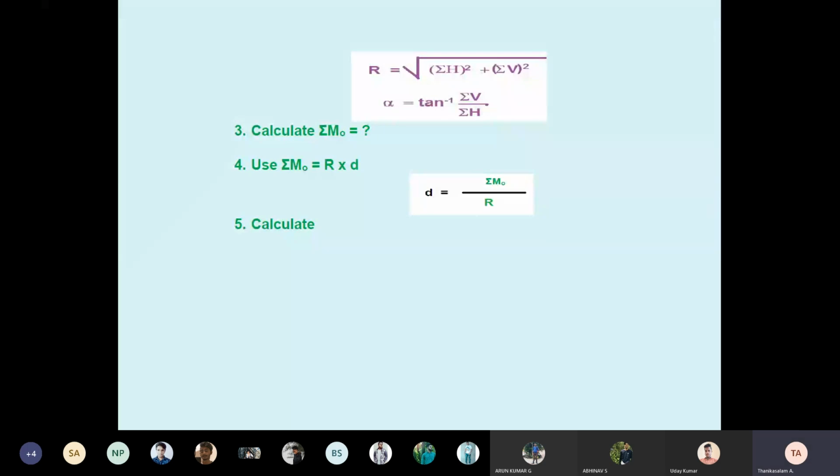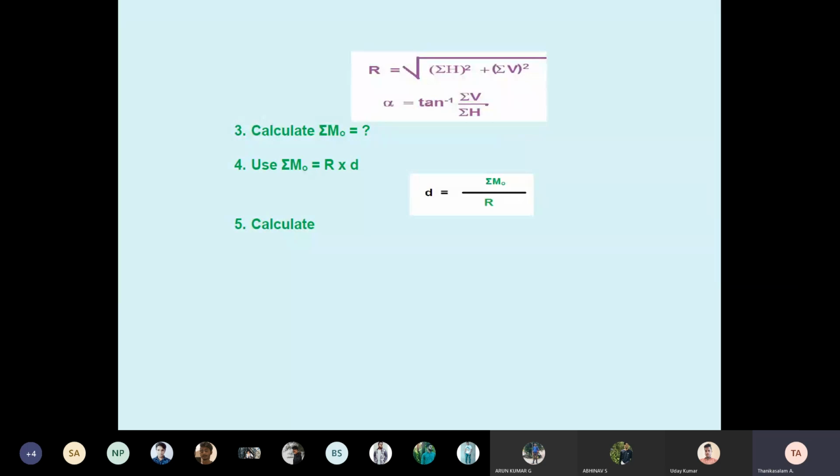Then you have to calculate the net moment. Calculate all the moments with respect to the reference point. The reference point is whatever the given diagram suggests, but generally the common starting point, O. Clockwise moment is positive and anti-clockwise moment is negative. What is moment? Force times perpendicular distance. When a clockwise moment acts, it takes a positive value, plus F into distance. Suppose an anti-clockwise moment acts, you write minus F into distance.